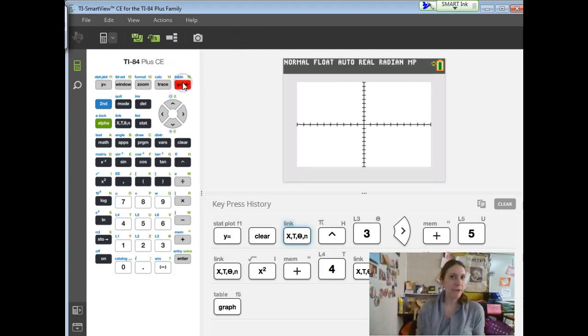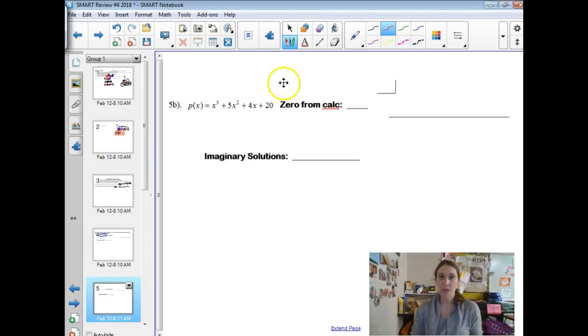I'm going to graph, and I'm going to look for any what we call rational zeros, which would be any place where the function crosses the x-axis that I could easily tell with my eyes. And I'm seeing -1, 2, 3, 4, -5. Seems like a good rational zero to use for my calculator. So from the calculator, -5. You can write that as an ordered pair if you'd prefer, but the idea is that goes into the box